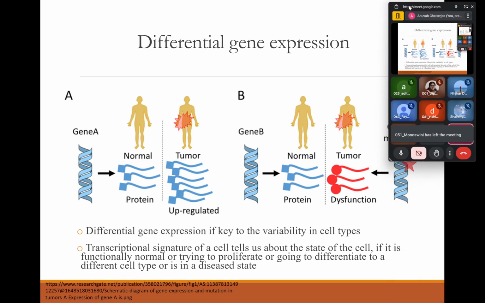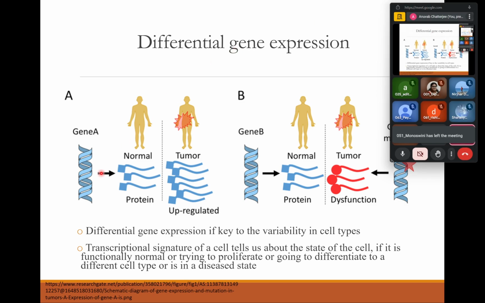So, in case of cancers, you have differential gene expression as well. In the normal case, say you had a gene A which had 3 copies of mRNA being transcribed, but in case of tumor or cancer, this particular gene A is somehow dysregulated and forms much more copies of that particular mRNA, which then forms a lot of the protein and then which gives rise to tumor or cancer. Or the other way around, in which case